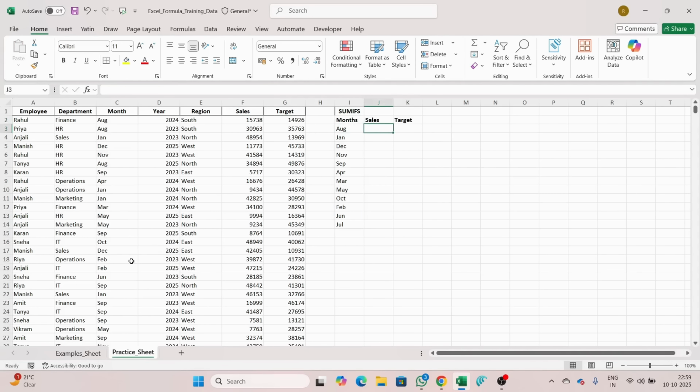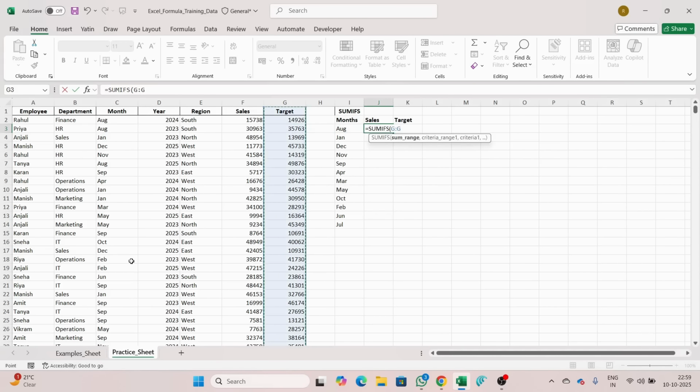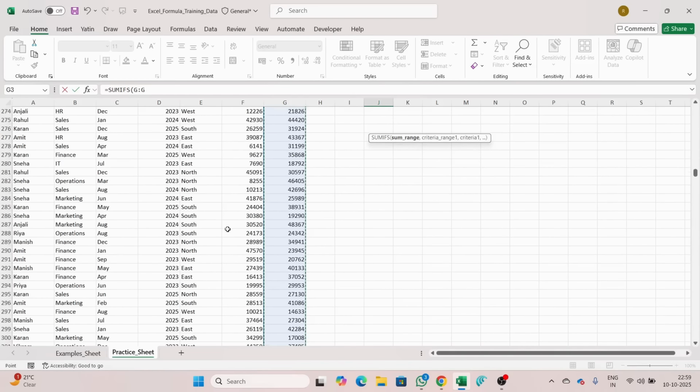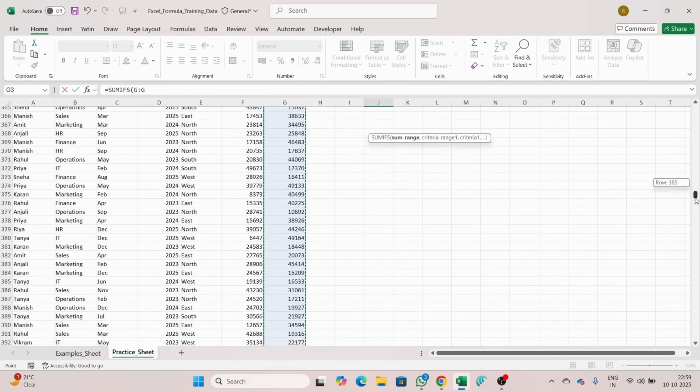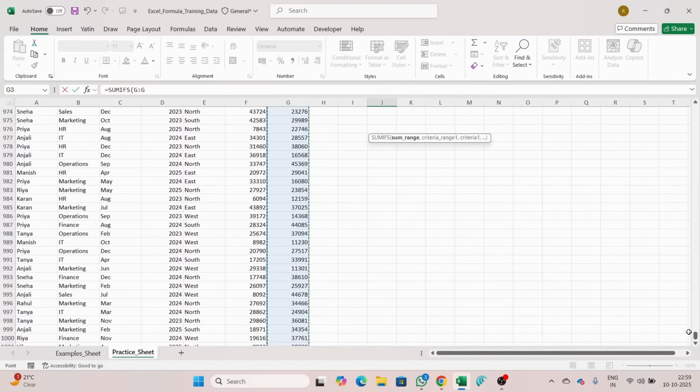Right, so now we can write the formula in this way. For example, I will just write a SUMIFS here. So I'll select this whole column. If I select the whole column, it will allow me this functionality as well: in the future, if I go to the extreme bottom of this data and select my column in this manner,